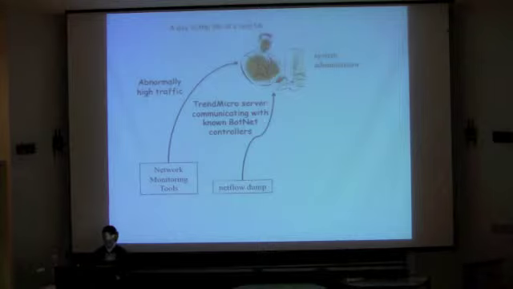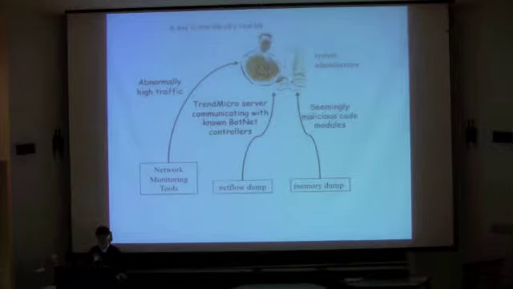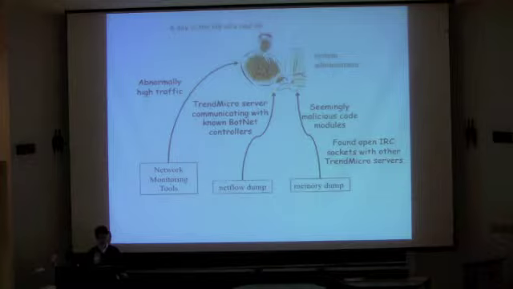So he sat in front of one of those machines and did something called a memory dump. Essentially, he examined the memory using some tool that he could get, and he found out that there were some seemingly malicious code modules in his operating system kernel. He was not sure what those modules were, but he suspected that these were potentially malicious. More than that, he also found through this examination that there were open IRC sockets on this Trend Micro server with other Trend Micro servers on the campus network. IRC is the Internet Relay Chat protocol.